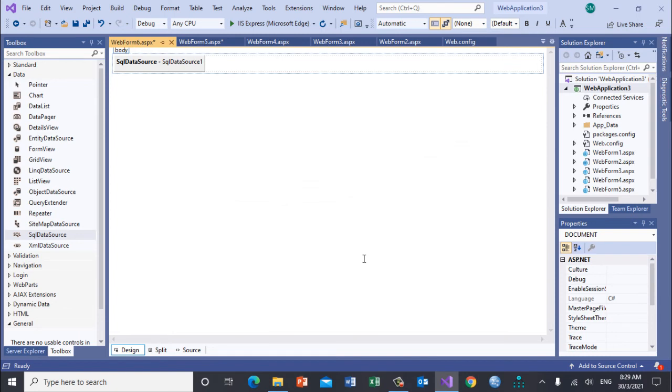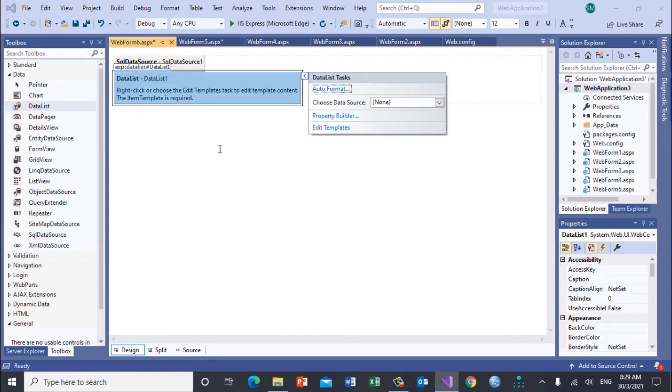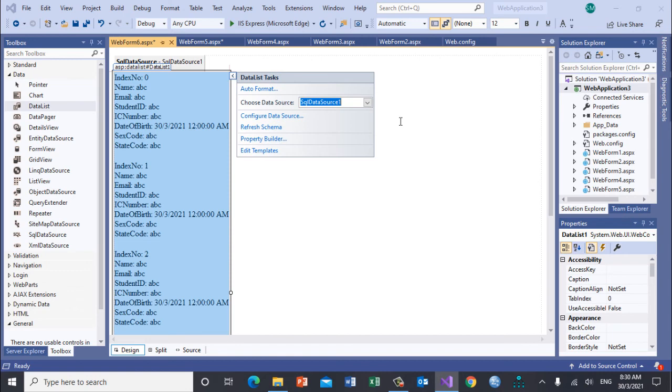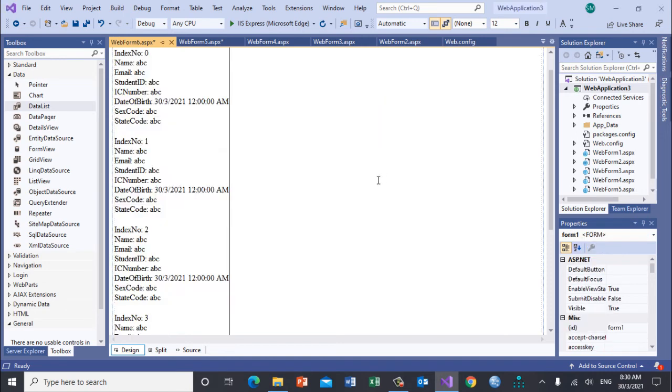Now let's say that I'm going to use data list. This is data list. I'm going to drag and drop, and we choose the data source, SQL data source 1. Now this is the data list. This is very similar to what is shown in the list view, in the form of a list. Now if I just leave it like this and run,